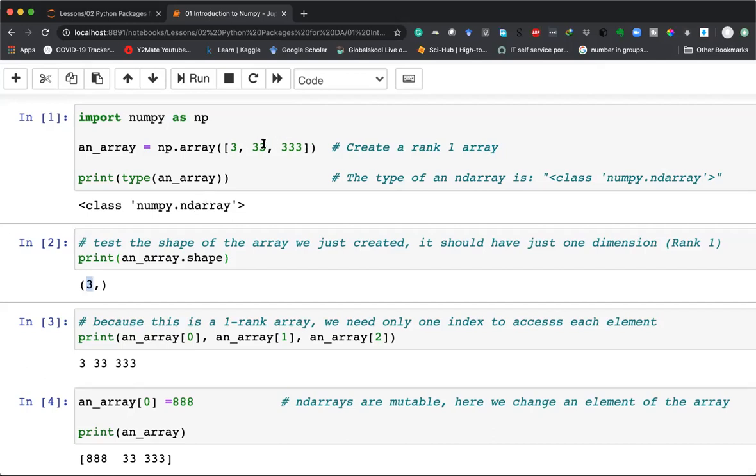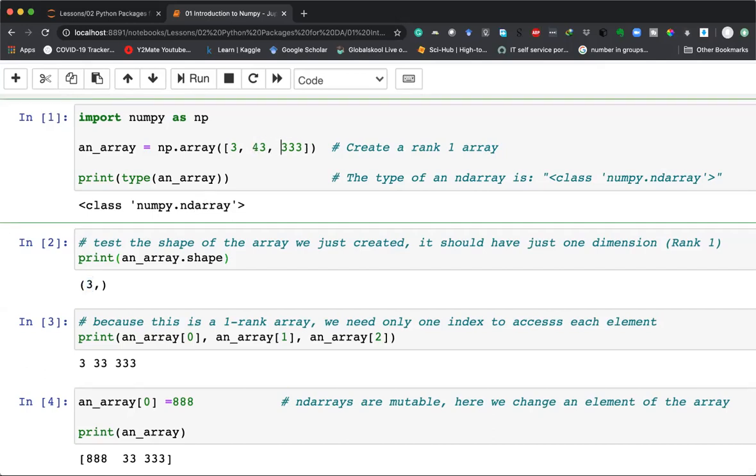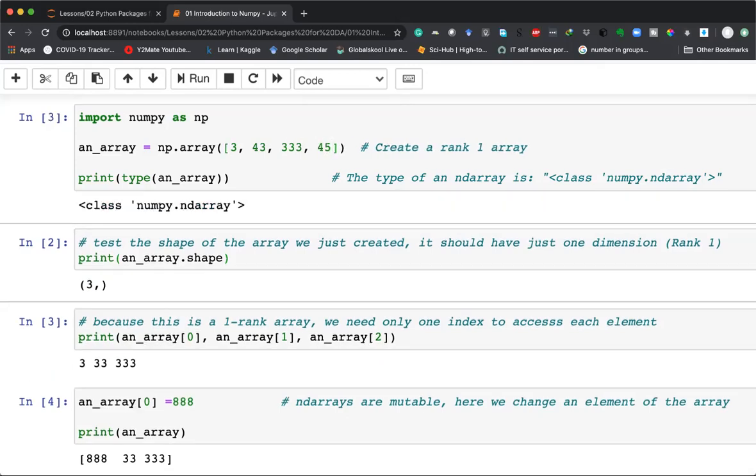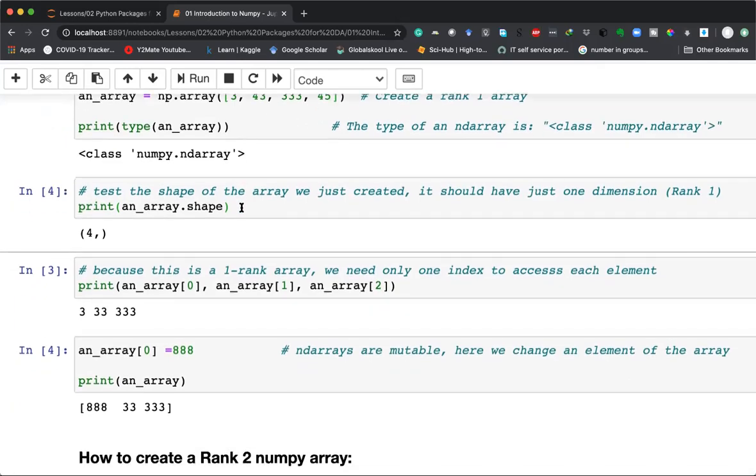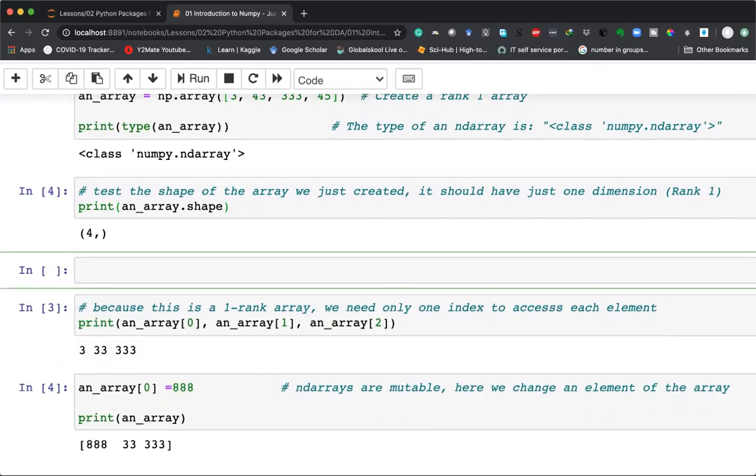Let me maybe add some more examples here. Let's say I add 45 here, execute this one, and then execute this one. It tells me that there are 4 elements now. Okay. So now, because this is a rank 1 array, we only need one index to access the elements. So let's say we want to access the different elements inside. Okay. So if I want to access the first element,